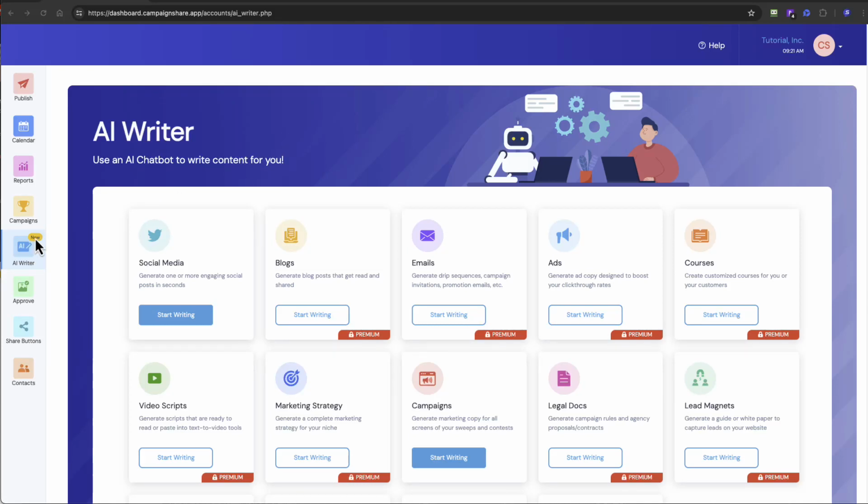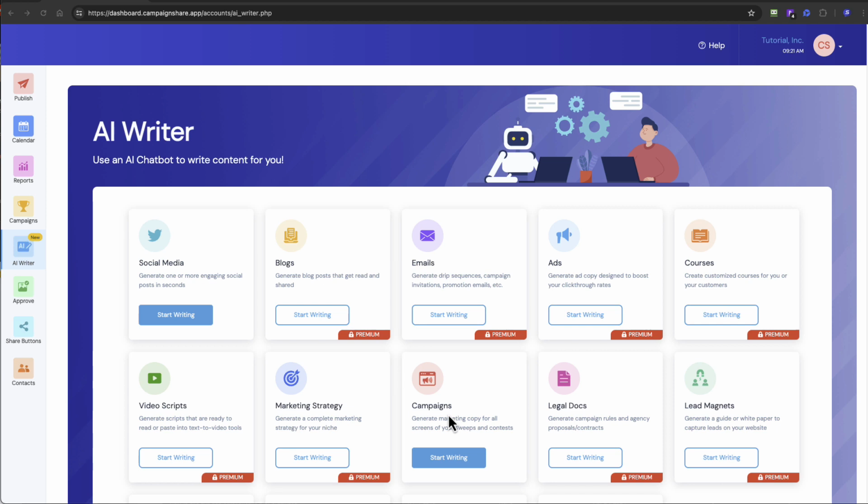You can access our AI writer by clicking the left navigation link, and we've made AI really easy to use. You don't need to learn all of these sophisticated prompts. All you need to do is just answer from a field of questions to generate amazing output. This can write things like social media posts. It can even write your campaign headings, all of the body copy of your campaigns, even the emails that are